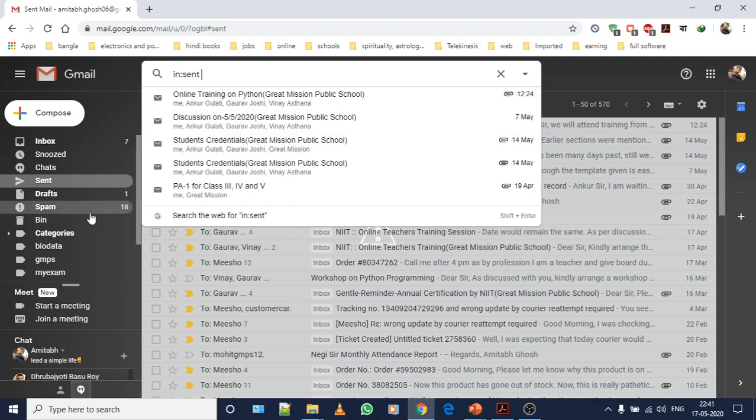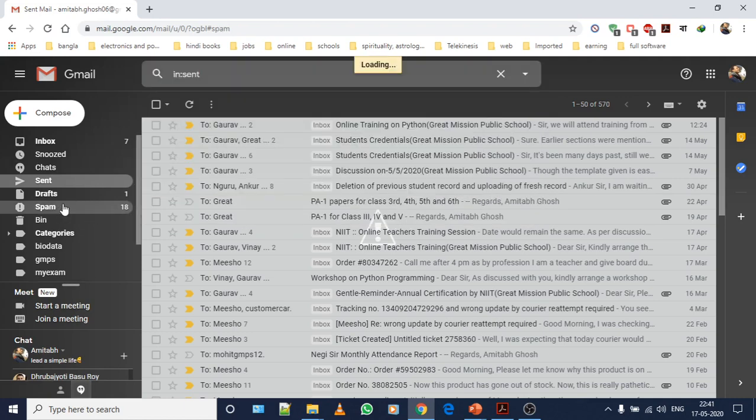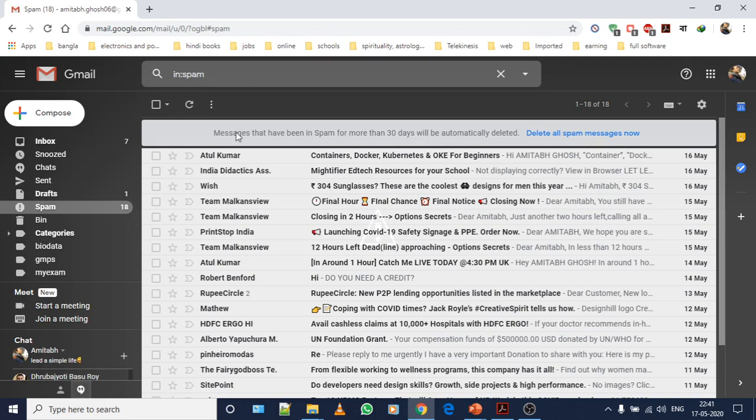In a similar manner, if you want to check spam, you can do so in the spam section. Spam is a type of phishing message. These are messages that you should be careful about reading, as they might be used for hacking purposes. Spam mails are junk mails.